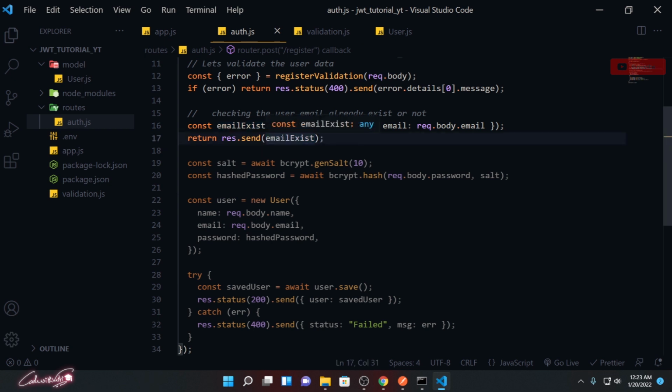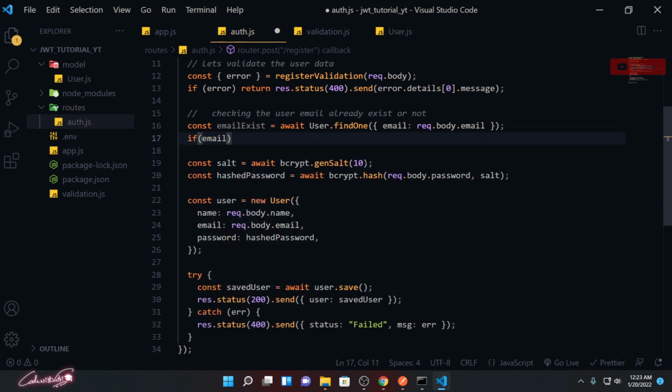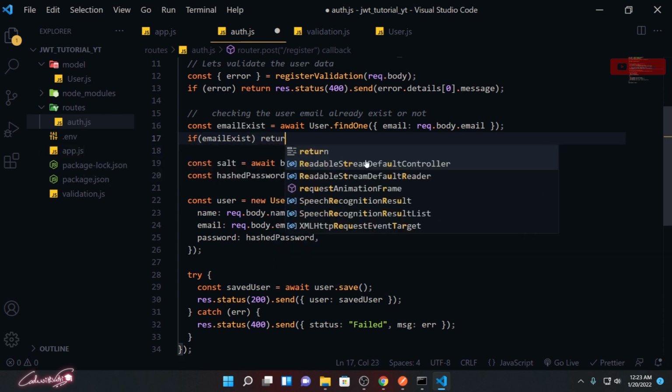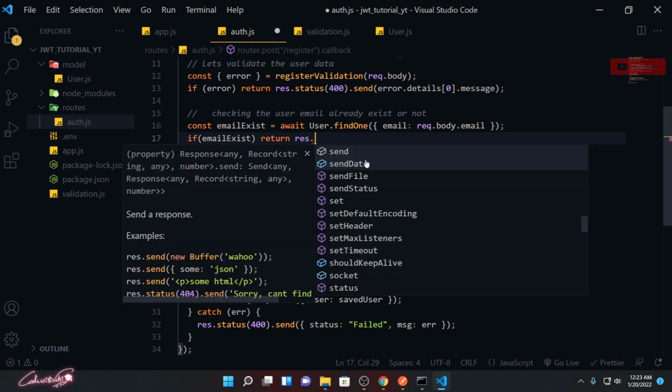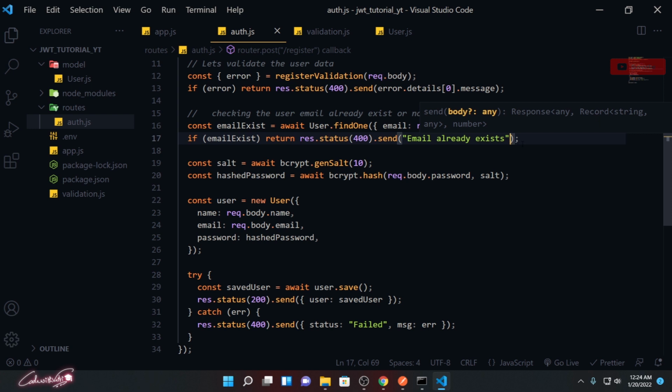That means if the email exists, instead of sending this, I need to say: if this email exists, return response.status as 400 and send a message as email already exists. This is the message we need to send.